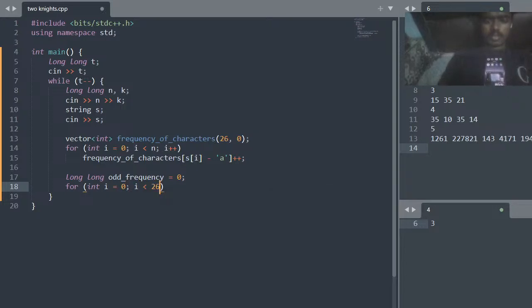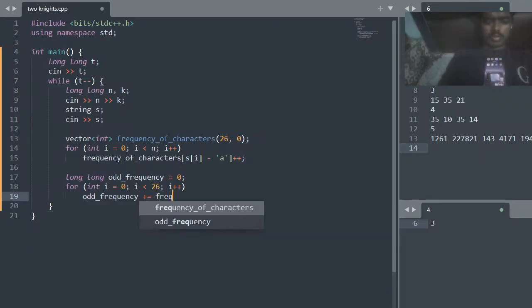And then 26, plus, then like odd plus frequency plus equal to characters